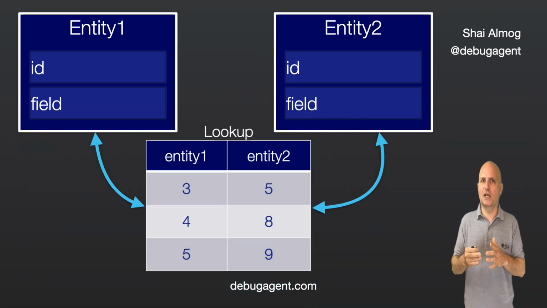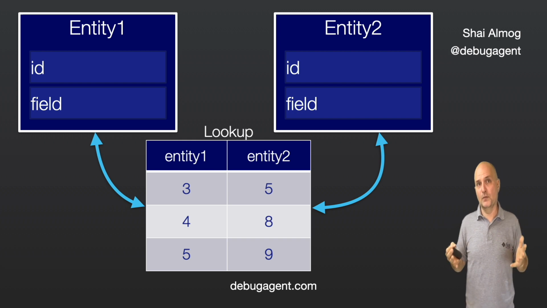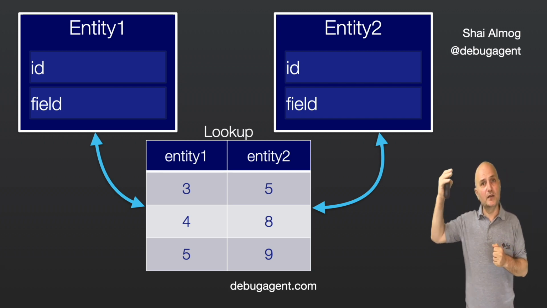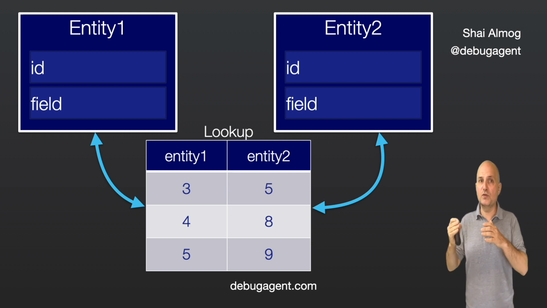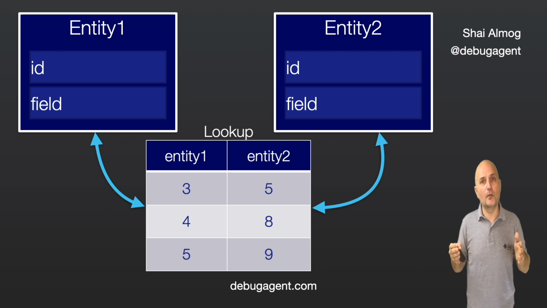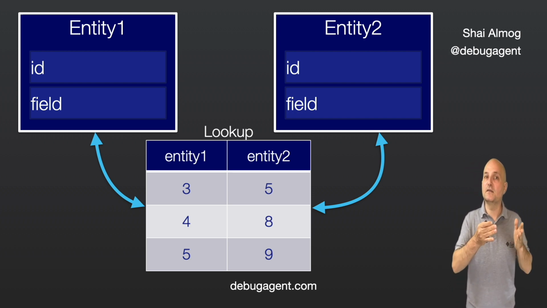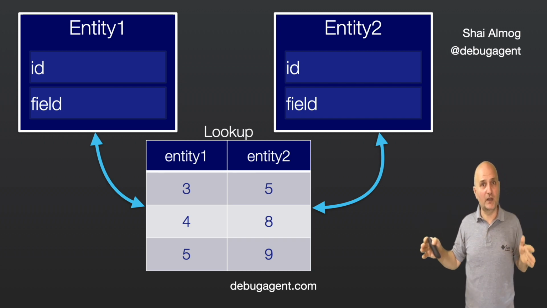The many-to-many relation is the hardest. It means multiple instances on both sides can be related. The way this works is through a table that maps the IDs of entity 1 to the related entity 2 IDs and vice versa. This means both sides of the relation have a list of values. A common example would be a blog post and its associated tags. A tag can be on many posts, and a post can have multiple tags.